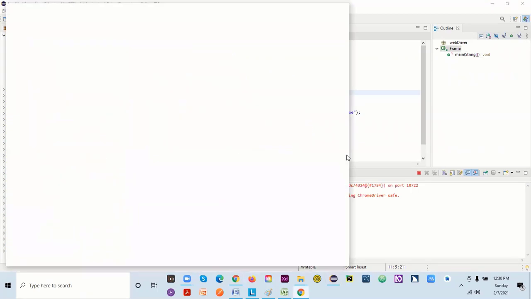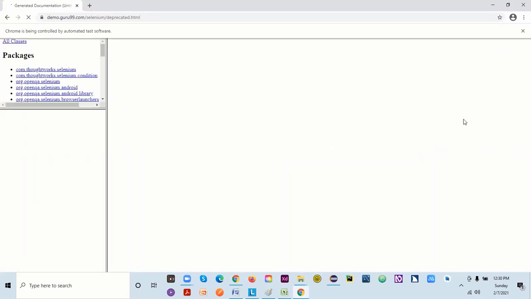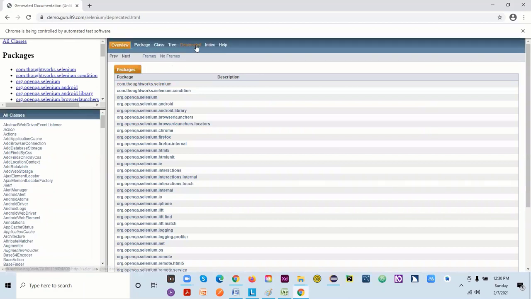Okay, so Chrome driver is starting. Chrome browser is opening now. It's maximized. See, my browser is maximized now. It's taking time loading, but we want to see whether we are able to click on this or not, because the code we have written is for clicking on this link, but I think nothing is happening here. We are not able to click on this.